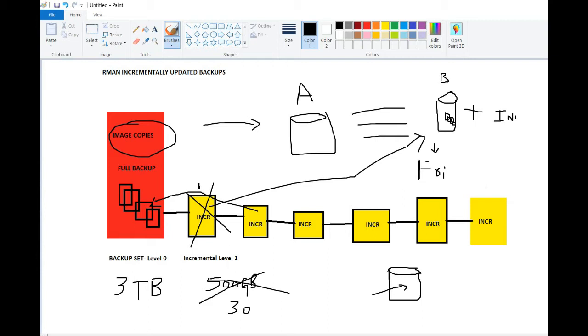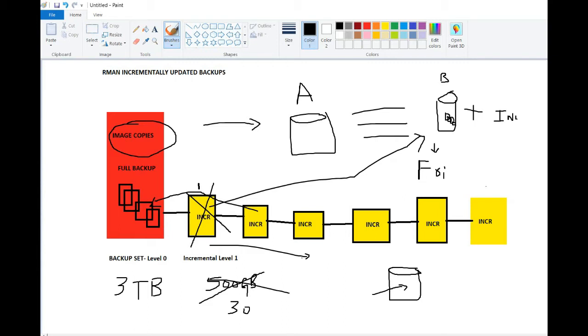So there is a lot of flexibility involved in RMAN incrementally updated backups. You can decide how many incremental backup pieces you want to retain and not apply to the image copies. So for example, you can specify that you need to have 3 incremental backups and you will apply them manually.